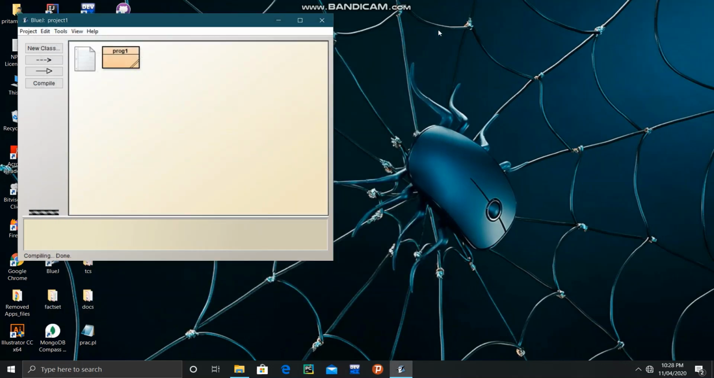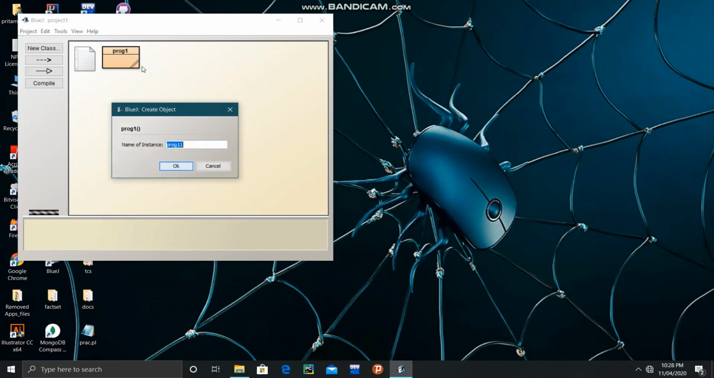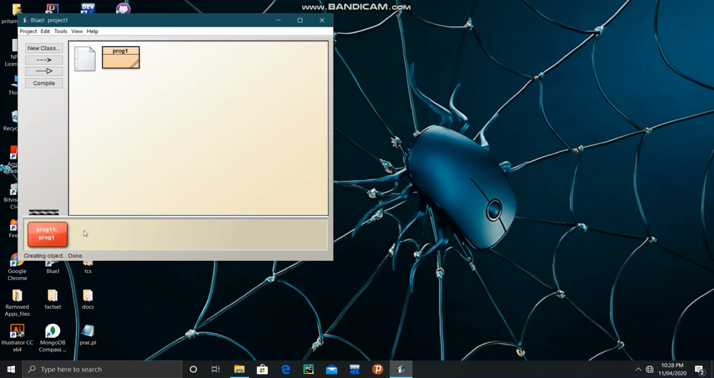Let's cancel this out. Go to prog, right click on it. You will find a new option called new prog. Now click on that new prog option. You will find an instance of prog created. Basically this is an object. And what does this object actually do? I will explain you later on. So now we will click on display